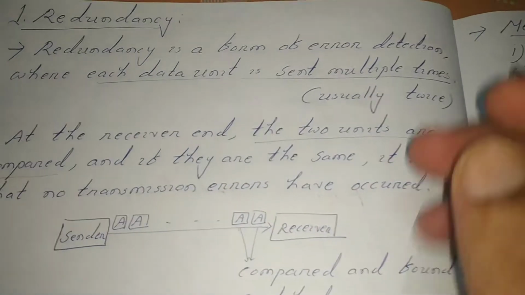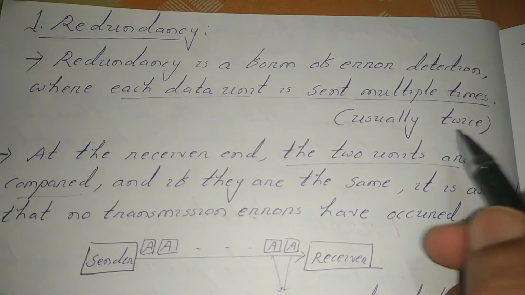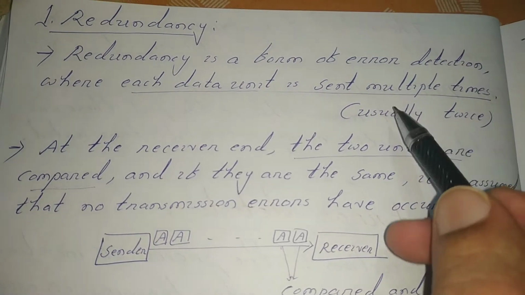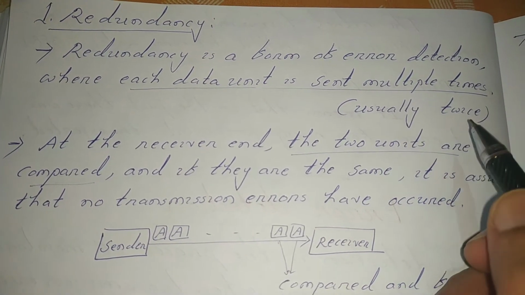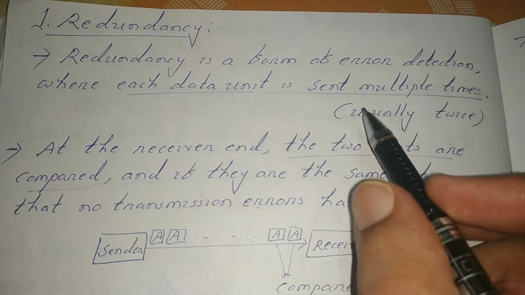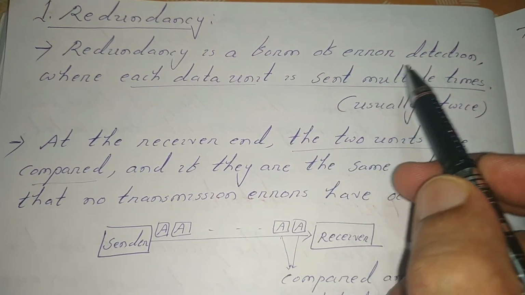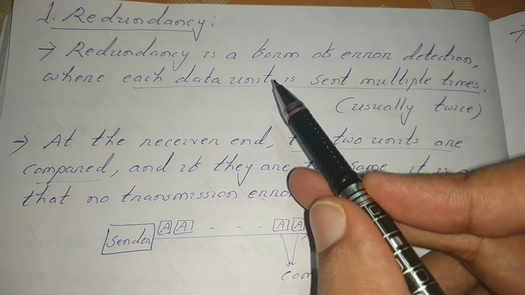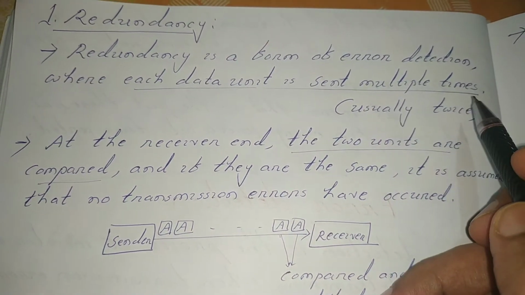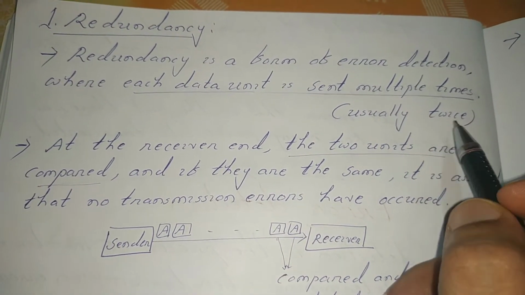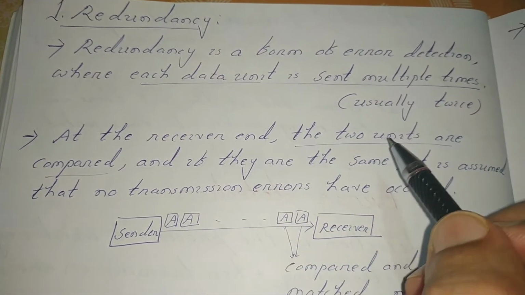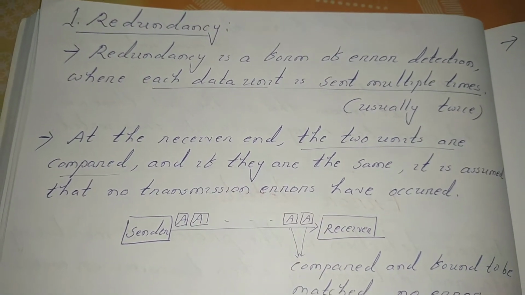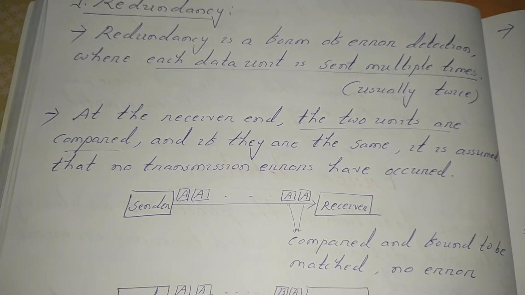As the name suggests, in redundancy the same thing is repeated. Here the same data is sent more than one time to the receiver side. Redundancy is a form of error detection technique where each data unit is sent multiple times, and usually it is sent twice. At the receiver end, the two units are compared, and if they are the same, it is assumed that no